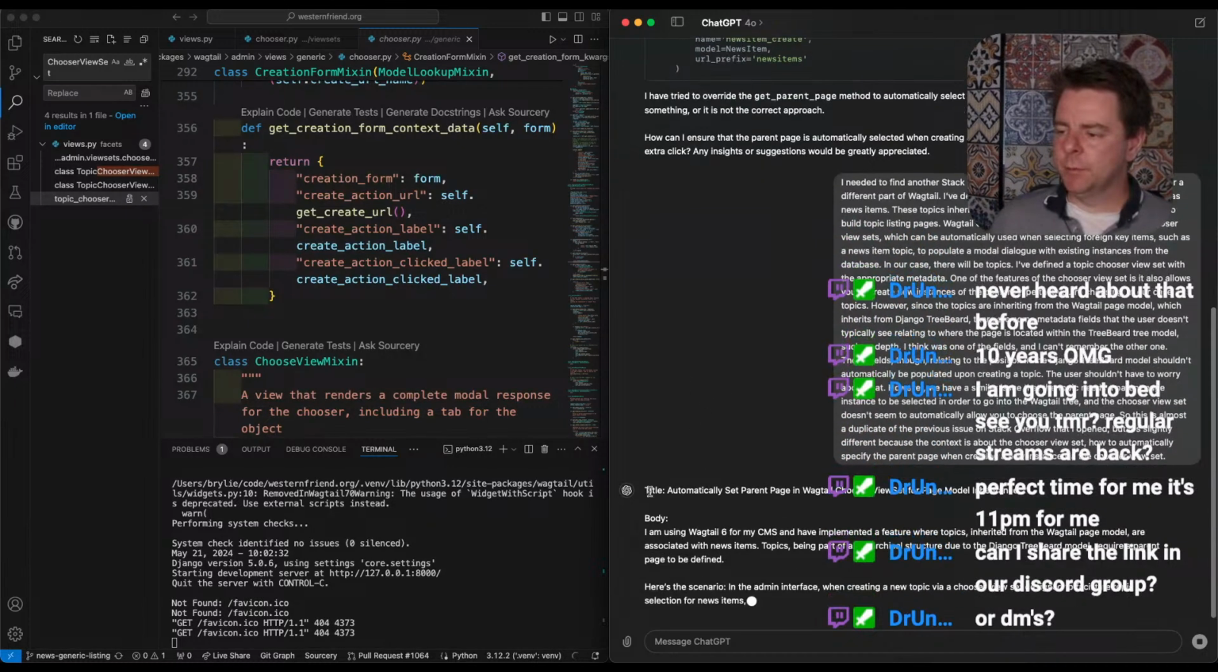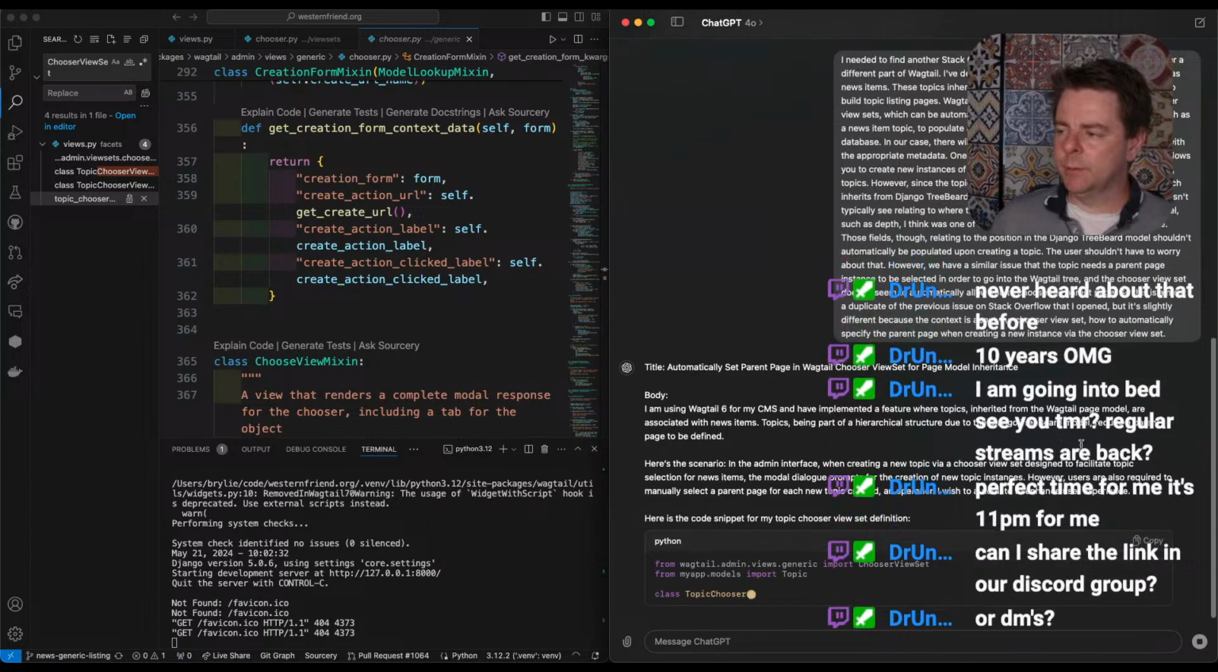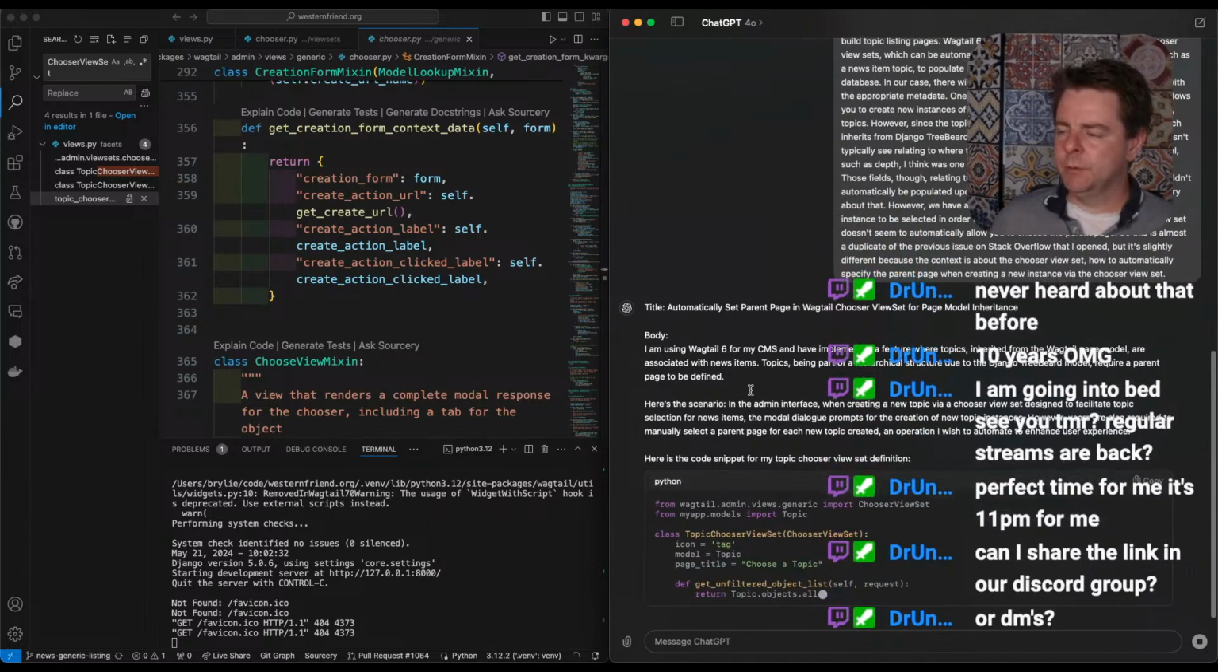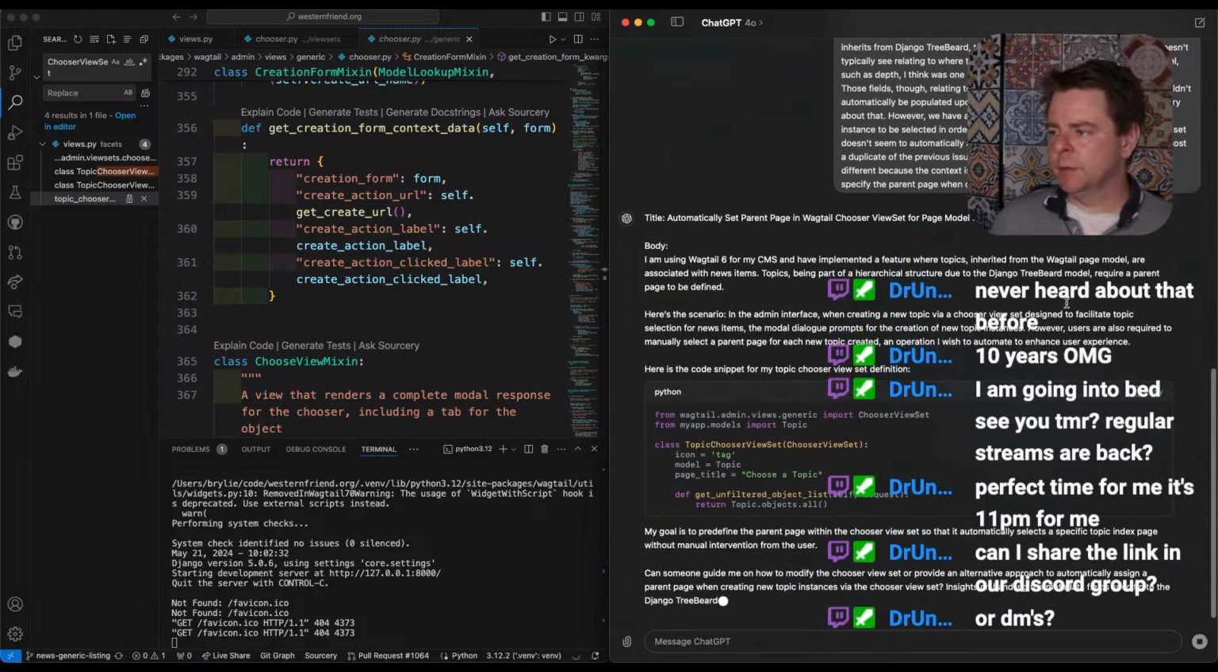I'm using Wagtail 6 for my CMS and have implemented a feature where topics inherited from the Wagtail page tree model are associated with news items. Topics, being part of a hierarchical structure due to Django treebeard model, require a parent page to be defined. Here's a scenario in the admin interface. Sort of like the